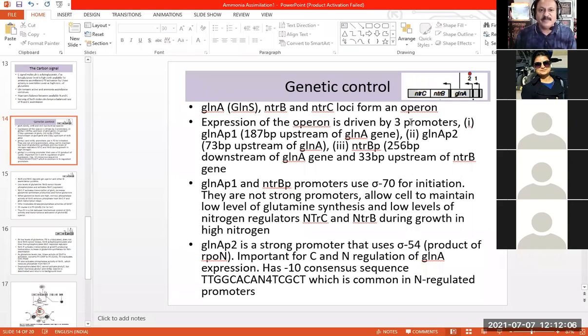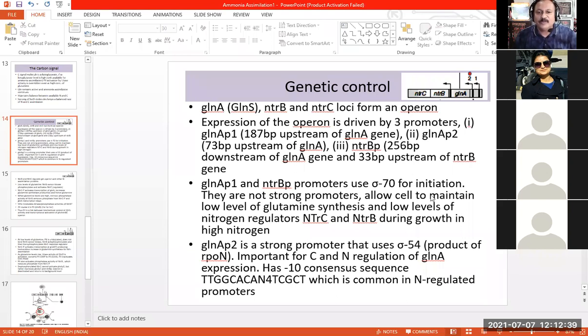Okay, I'll give you a 15-minute gap. Is that good for everybody? Please answer me fast. Yes, sir. Okay, so we'll have a 15-minute gap. But before the gap, I'll just try to tell you about this arrangement of the genes, and then I will stop, and we will join again. Maybe at 12:30 we will join again. It's 12 minutes past 12, so at 12:30 we will join once again using the same link.